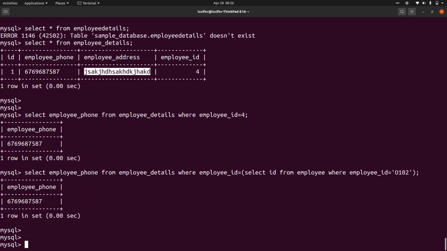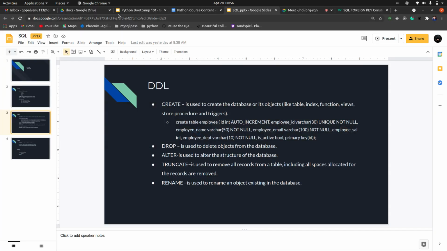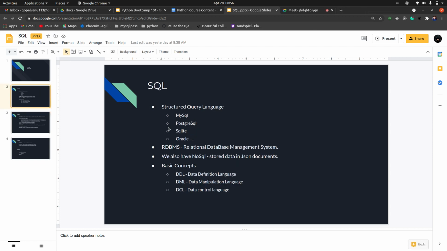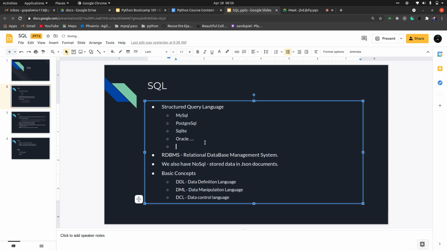We saw how a NoSQL database works, right? A NoSQL database only stores JSON formatted documents. These are the RDBMS databases: MySQL, PostgreSQL, SQLite, Oracle. There are a couple of other things as well. We have NoSQL, which stores data in JSON documents, JSON structures.